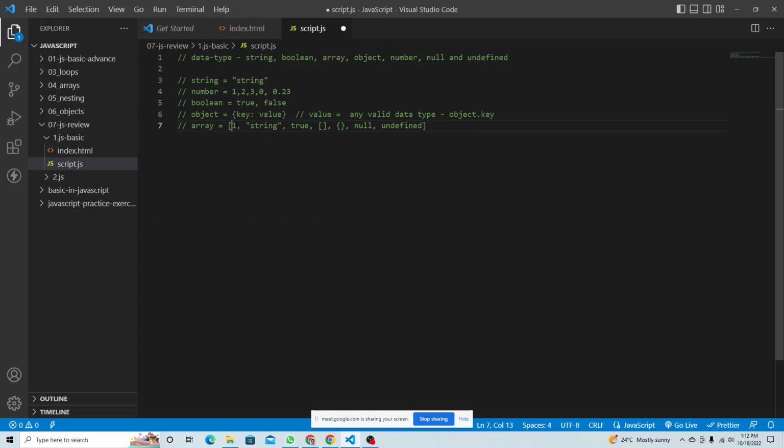So this is how you store the data in an array. So you got string, number, boolean, array, and so on, 1, 2, 3, 4, 5, right? Null is basically what? Null is just like no value, right? Null means no value. And undefined is